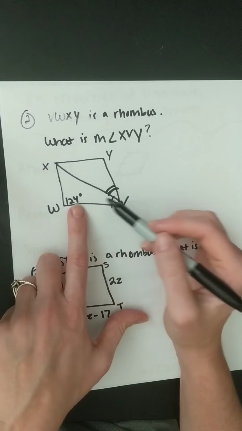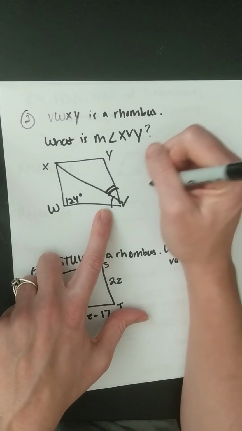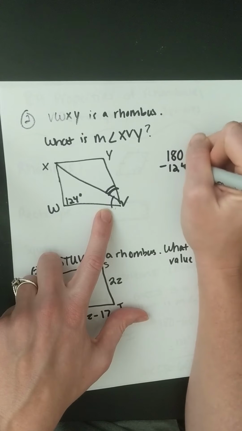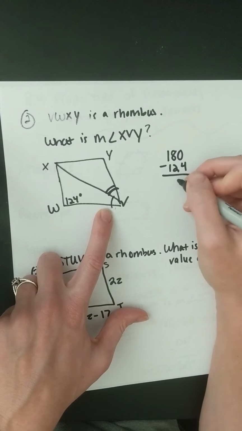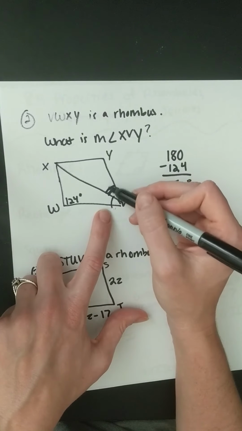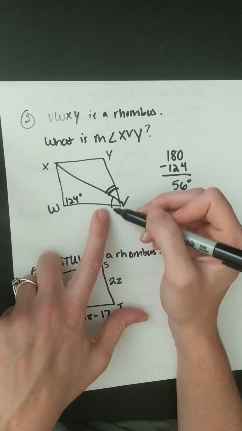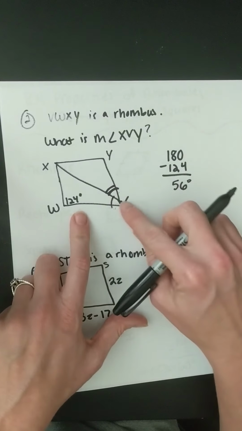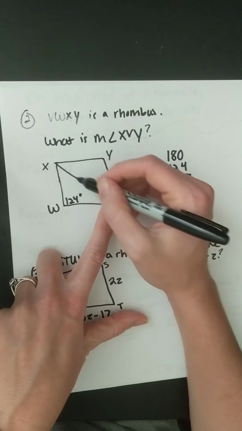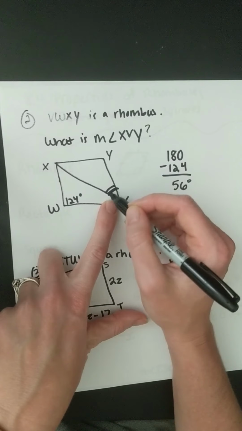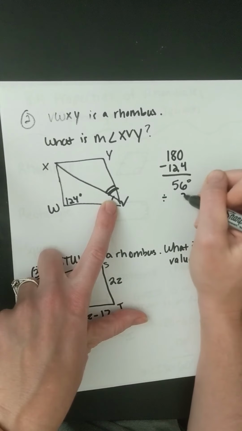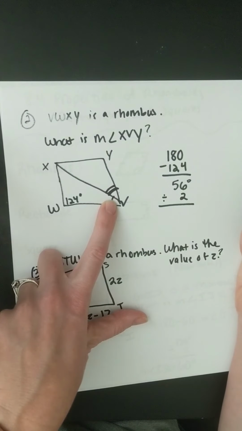So we know these are back to back, so they add up to 180. So 180 minus 124, and that should give me 56 degrees for this entire angle. Because this whole angle right here is 56. But now I have a diagonal going through it, and it's asking me for the little part. So what's the last step? You gotta divide by 2. So 56 divided